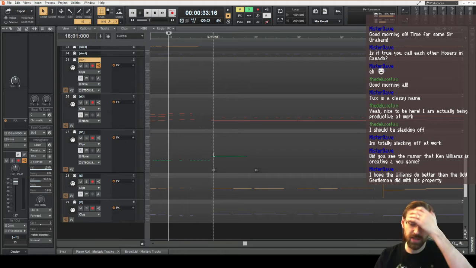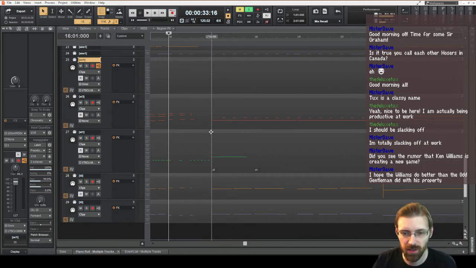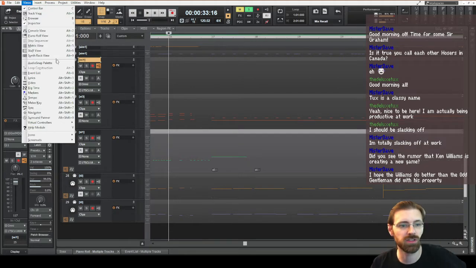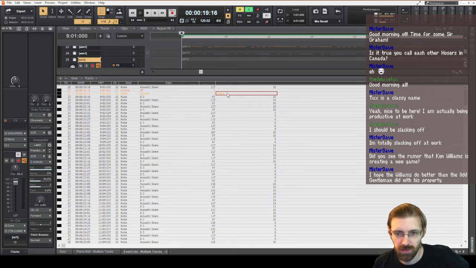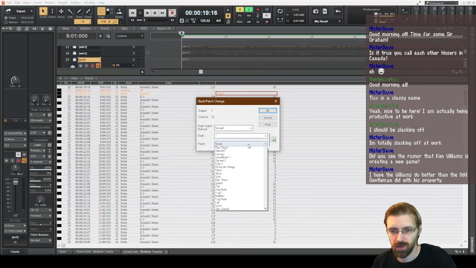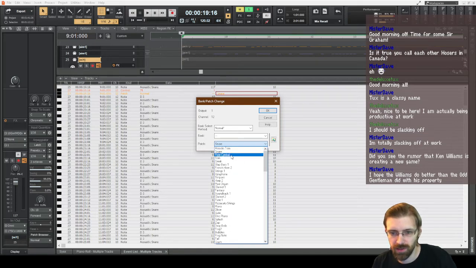Yeah, so I gotta change patches between. Okay, so I just gotta figure out what notes it's changing to, what instruments it's changing to, by going to event list. This shows all the MIDI commands. So it's changing the patch to snare, and I can look it up right here. Snare is